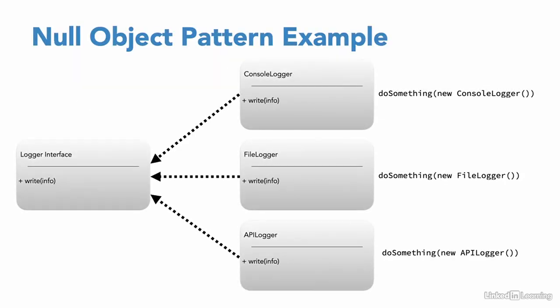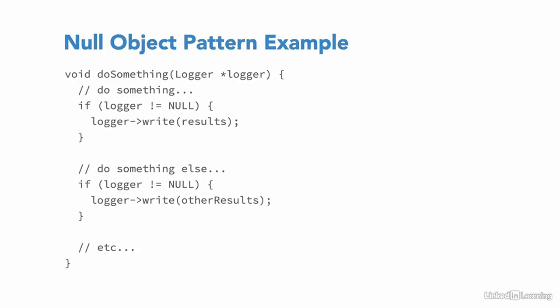So at this point, the program would probably look something like this. We might have a logger interface with a log method that our code could call to write some result to whatever the client's chosen destination is. And what we do then is we'd have a number of subclasses that would implement this interface. Right, so we might have a console logger class, a file logger, an API logger class, etc. So far, so good, right? The client code can simply provide an instance of any of these classes depending on where it wants the results to be logged to. The issue here, though, is that, as we stated before,